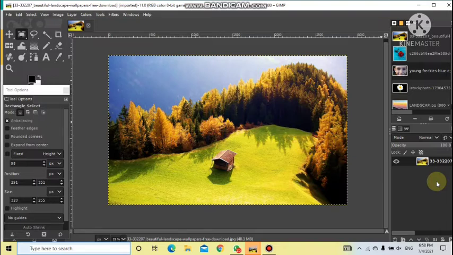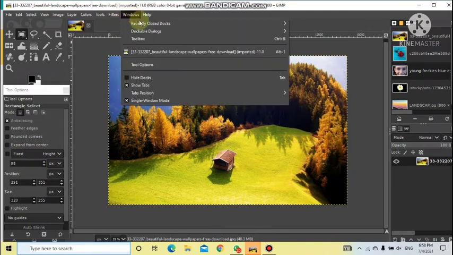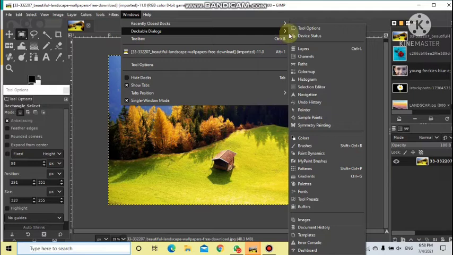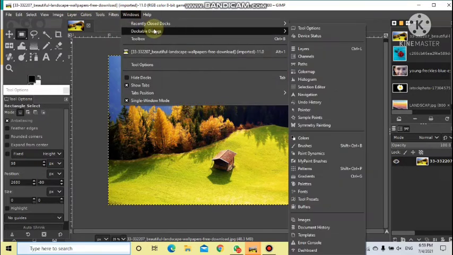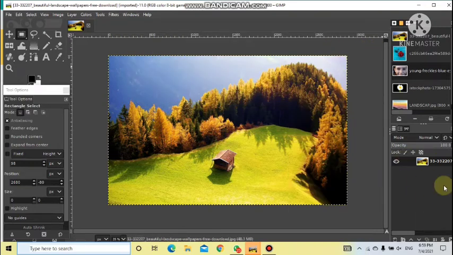Okay, how? Let's start. Suppose this is the layer panel and it is not visible, and you want it to be on the screen. For that, just go to Windows. From there, Dockable Dialogs, and you go to the option Layers. Control plus L, the shortcut key, can also be used. This is getting highlighted. It means the layer panel is already there on your screen. And if it is hidden, then you follow this method: Windows, Dockable Dialogs, Layers, and then click on it. It will come.